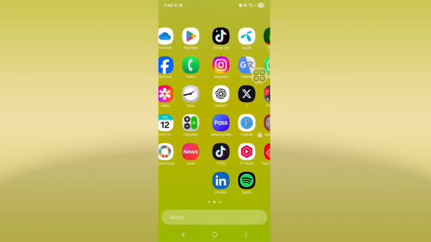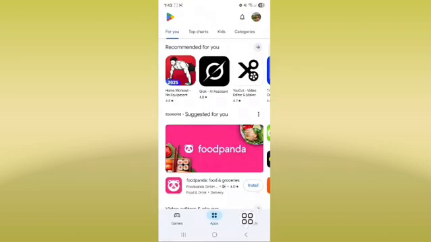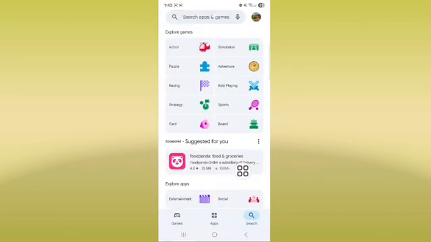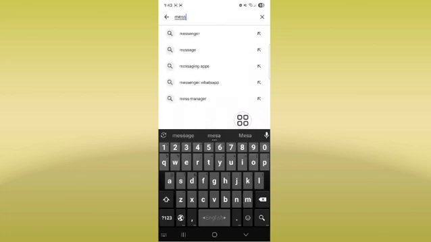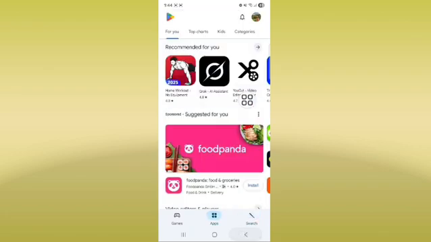Go to your Play Store app. Tap on Play Store and search here for Messenger. Your Messenger app is already the latest version and updated. Okay, go back to your home screen